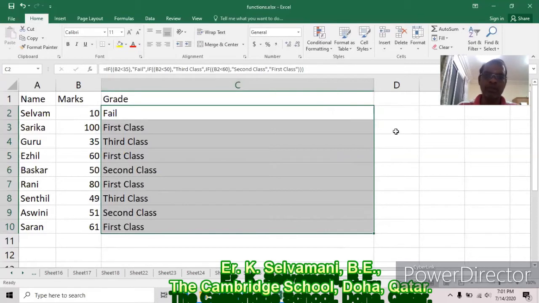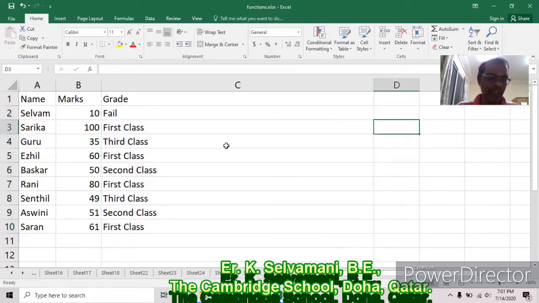Afterwards, after some days, it is assumed 45 is the top limit for those who are passed. That means instead of those getting lower than 35 failing, now onward those getting lower than 40 fail. Similarly, third class lies between 40 to 55. Second class lies between 55 to 65. First class means those who scored more than 65. Assume like this. Now what we have to do?